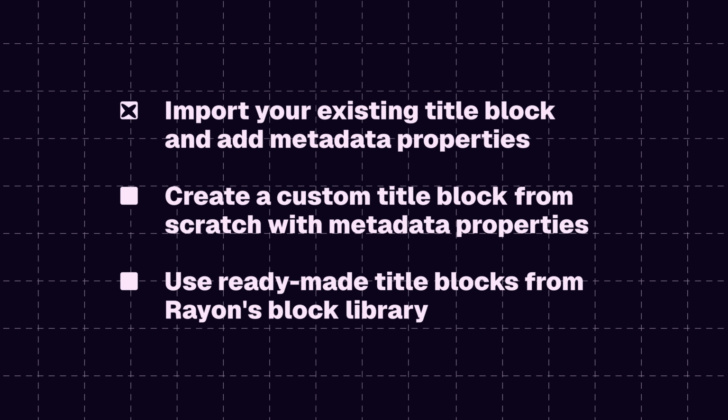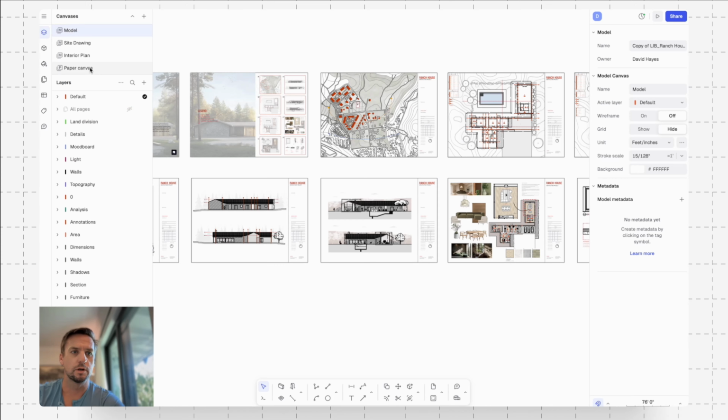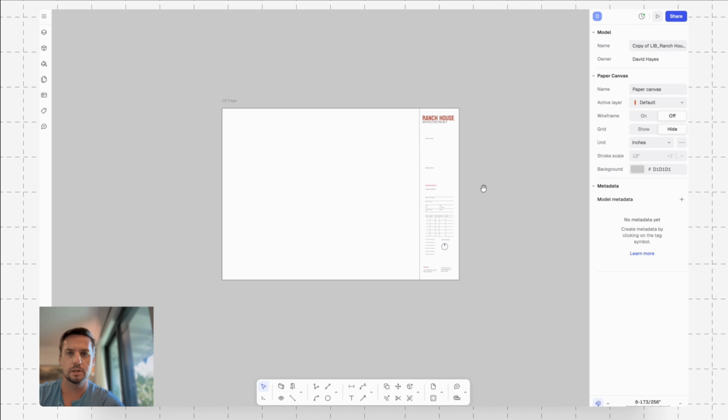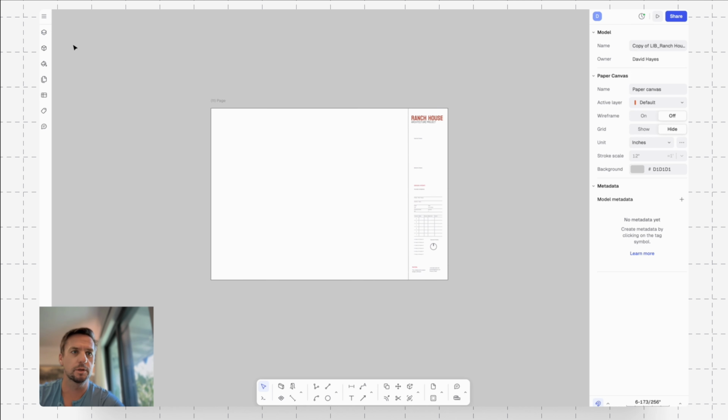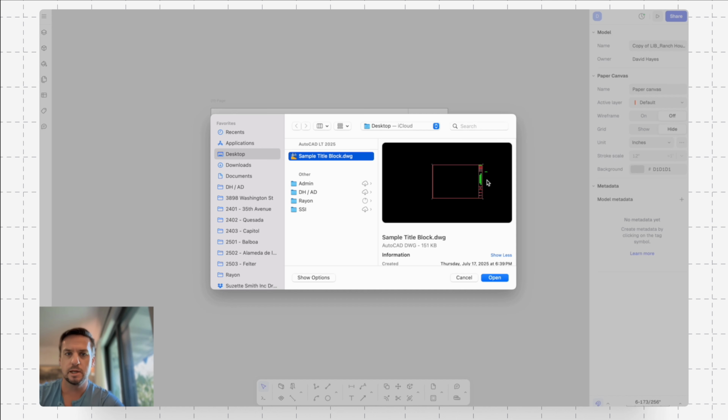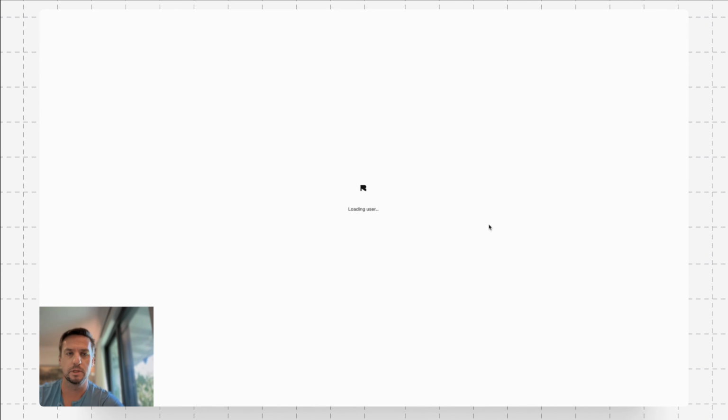All right, so first let's take a look at importing. So let me first go over to our paper canvas. And so here we've got a title block already set up, but I'm going to import a DWG file. And I've got this sample title block set up. This was actually created in AutoCAD, and so this is exactly the kind of process that we might be looking at for a real project. So I'll just go to import,